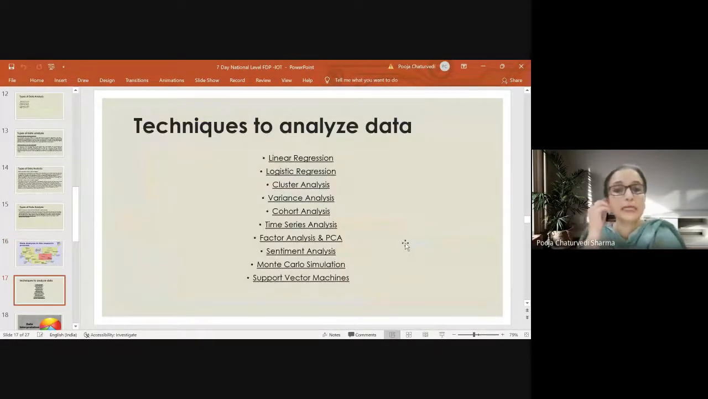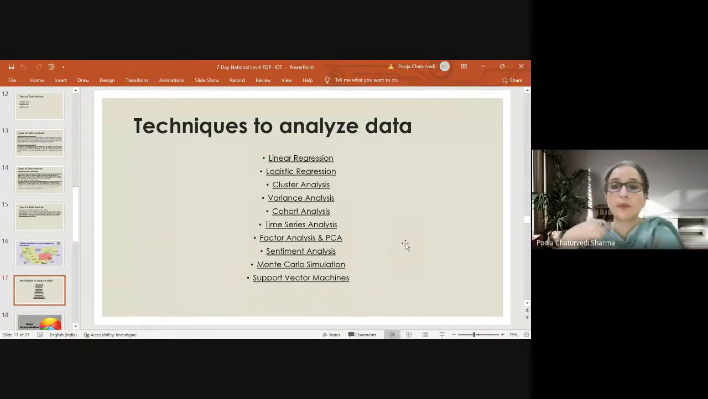So there are various techniques for analyzing the data, which are linear regression, logistic, cluster, variance, time series analysis, factor analysis, principal component analysis, sentiment analysis. We use these days a lot of software which works on qualitative analysis. You know, NVivo is one of the most prominently used software, which is used for analyzing even the qualitative data